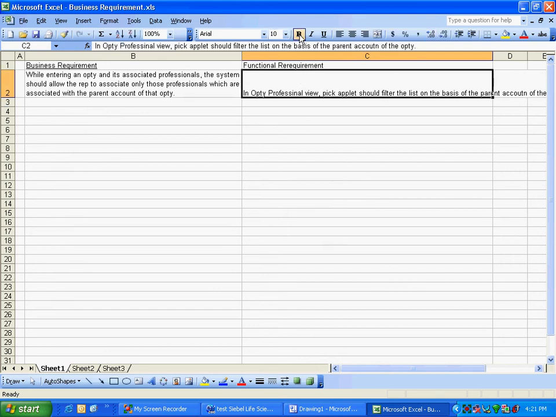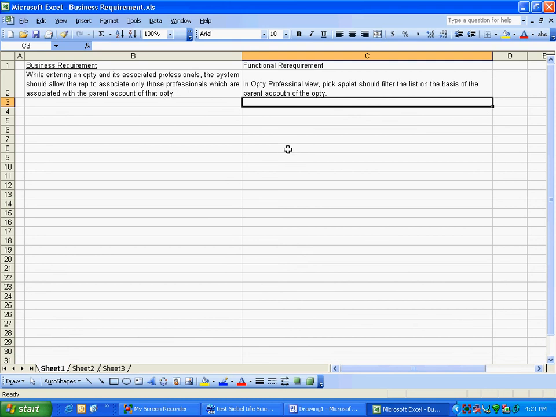Okay, then there are many questions that you will ask the business, right? First one is, what should happen when there is no parent account for that opportunity?